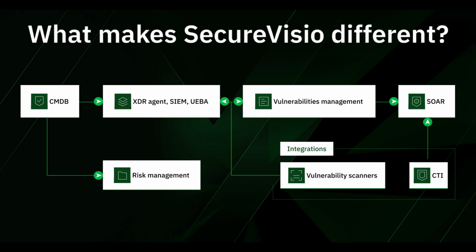What truly sets SecureVisio apart is the depth of context available during correlation. Instead of simply matching patterns across technical events, the platform correlates data across multiple layers, including assets and their criticality, detected vulnerabilities and exposures, business processes impacted, risk assessments and attack vectors, historical incidents, and behavioral anomalies. All of this is available to the correlation engine, enabling real-time detection of complex threats, prioritization based on business impact,